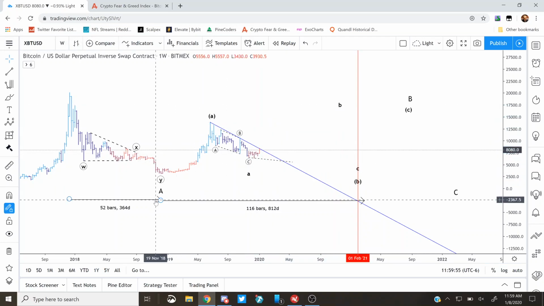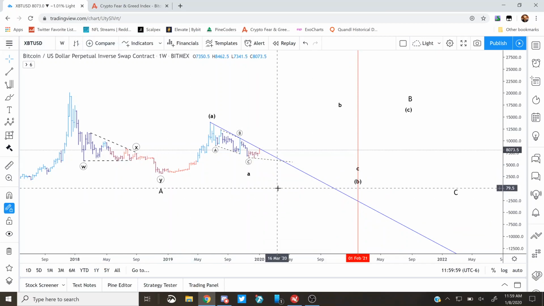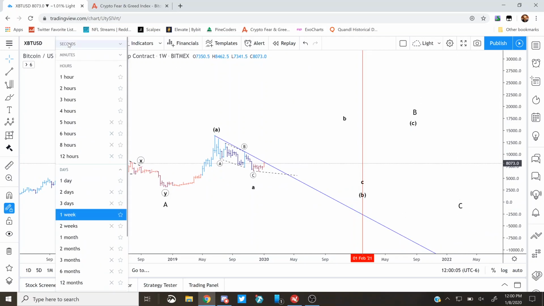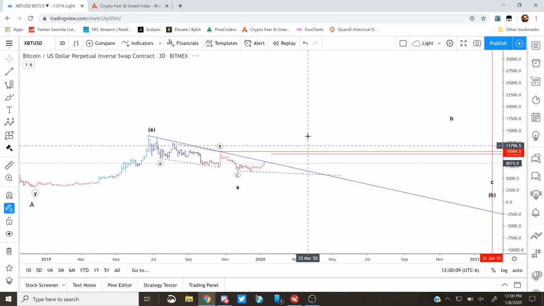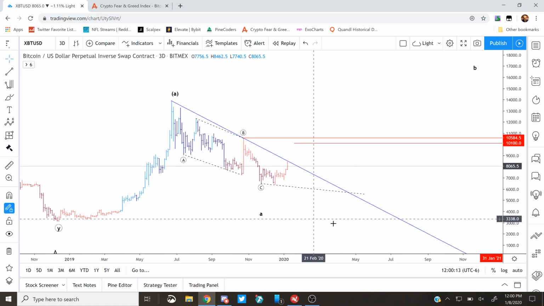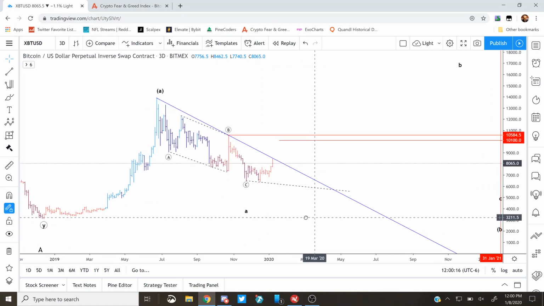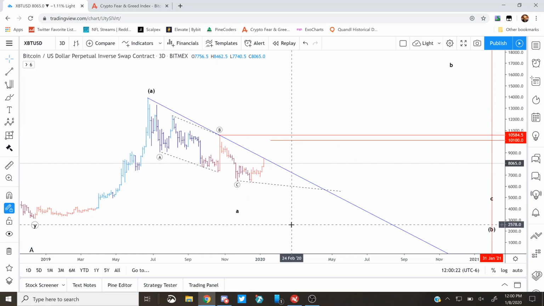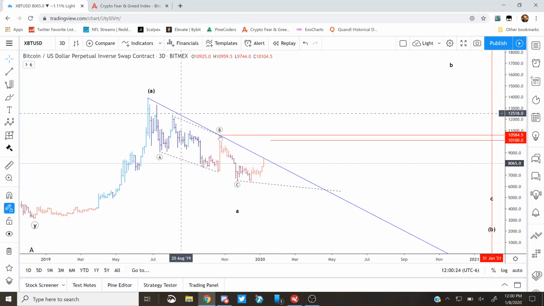Currently, I still am in longs for that. I don't believe it's topped out here. And we'll go down to the lower time frame and take a look. So this is the 3-day. As you can see, MACD still hasn't flipped positive on the 3-day. We're testing this downtrend,